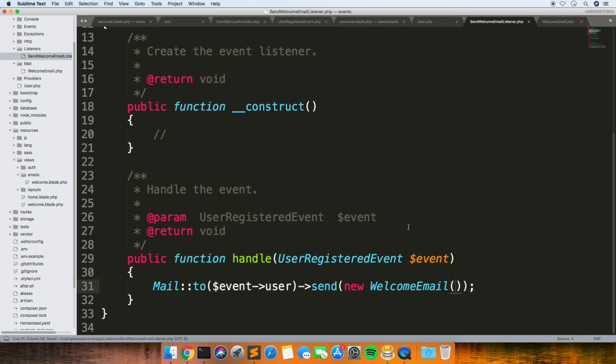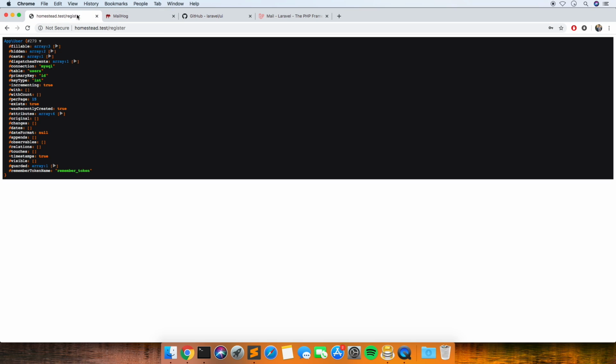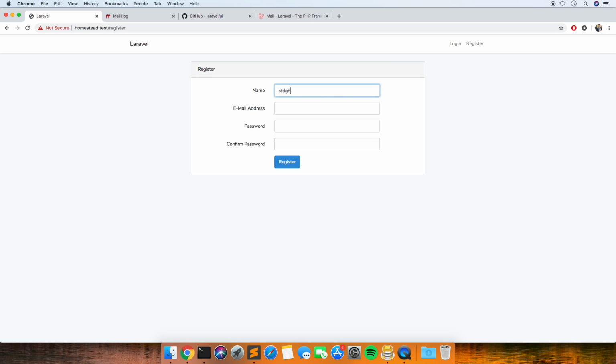So let's see if it actually sends an email out. There's nothing in there at the minute. Let's register. Let's see if it works.